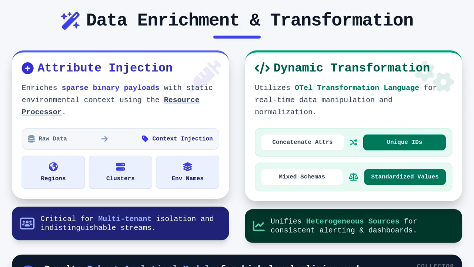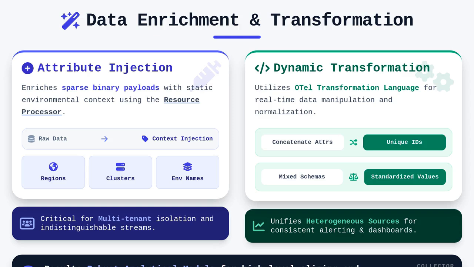Beyond simple filtering, attribute injection allows us to enrich our sparse incoming data with static environmental context that is otherwise missing from the binary payload. For example, by using the resource processor, we can inject key metadata attributes like environment names, deployment regions, or cluster IDs directly into the span or point data. This creates a more robust analytical model, allowing us to slice and dice our metrics across higher-level groupings in the dashboard interface. This implementation is particularly useful in multi-tenant environments where shared infrastructure might otherwise result in indistinguishable metric streams